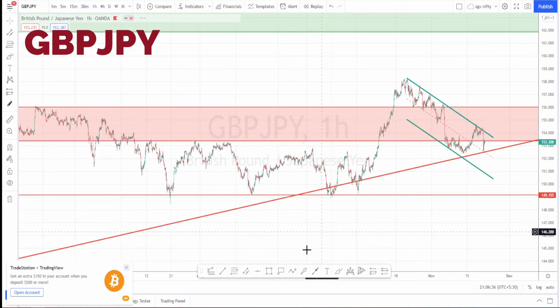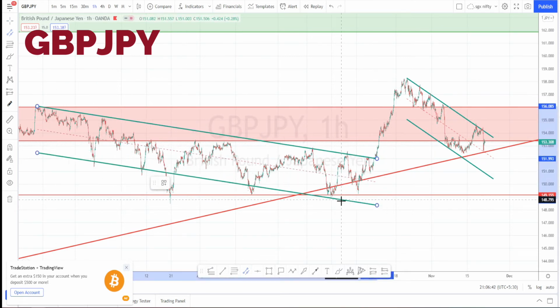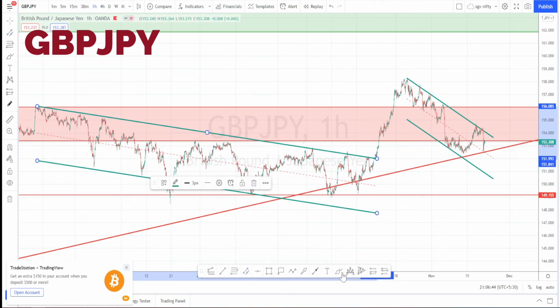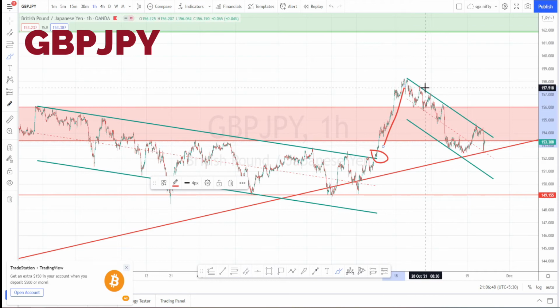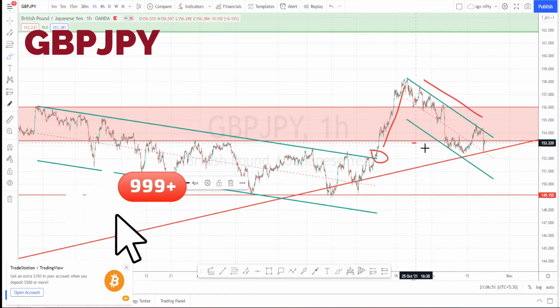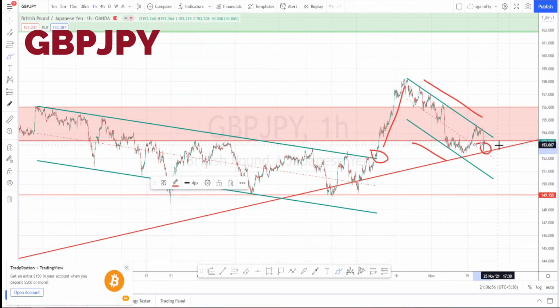I'm in hourly time frame now. In hourly time frame, previously when we noticed the price action, it was moving in a channel pattern, then it gave a breakout here, then it started its uptrend. Currently also, when we notice the price action, it is moving in a channel pattern. I'm expecting it to take support over here, again start its uptrend and form another channel pattern over here.